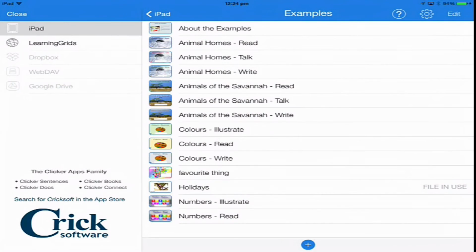Now, Clicker Books is a much trickier kind of one. And when I say trickier, I just mean that there's way more going on because it does way more. The whole idea about it is it's a way to work with students to create their own content in a book format. So I've got some of the examples open up here, and I'll open up one of them to show you. So really it's got